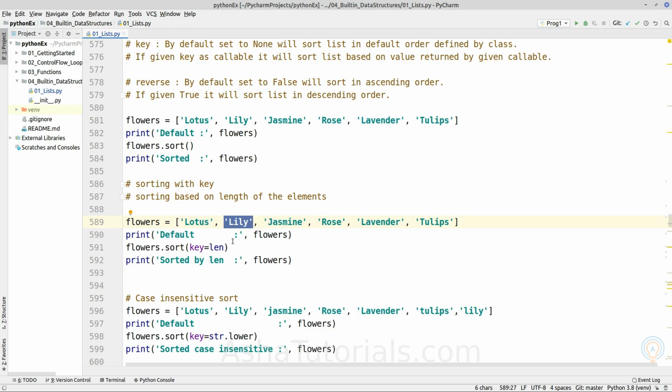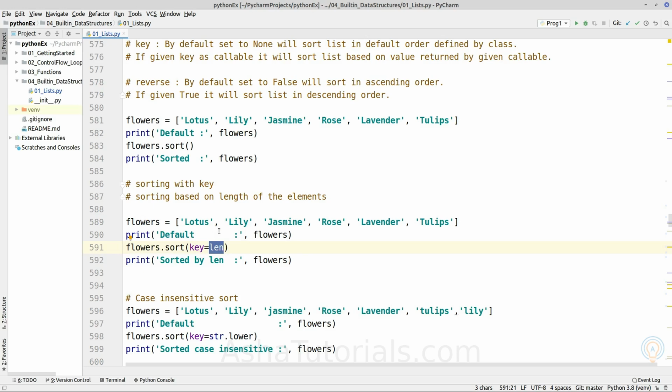So here we know len method. Len is a callable method. It takes one argument. So we will provide one argument, which means that each element individually will be passed to the len method, the callable which is passed as the key argument. So that callable must return a value. So len method returns the length of object.